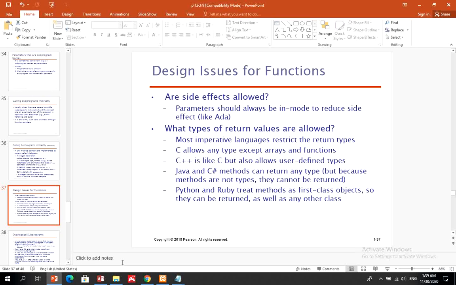Also, in most imperative languages, it restricts the return types. C, for example, allows any type except arrays and functions. So they can have any data type that can be used. The restriction can only be seen when you use arrays as parameters or functions as parameters. C++ is also like C, but it allows user-defined types. So you can have your own user-defined types for some objects that you're going to create in the program, whether